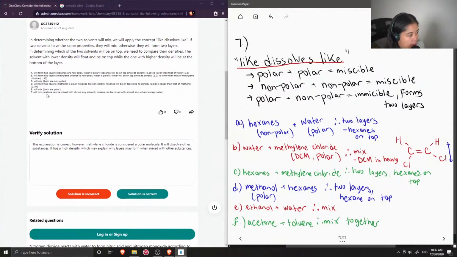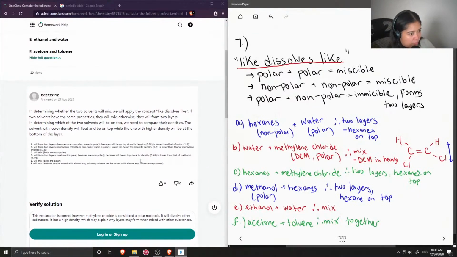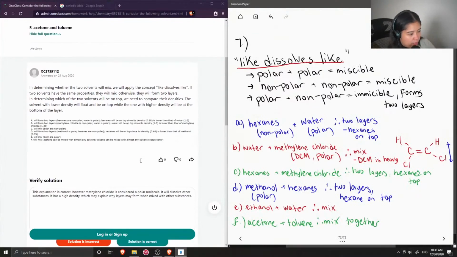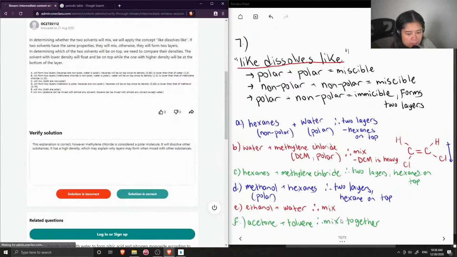Okay, so D will form two layers. Methanol is polar, hexanes are nonpolar. E, it will mix. F, it will mix. Acetone can be mixed with almost any solvent, and toluene can be mixed with almost any solvent except water. Yeah, so it's a pretty tricky question sometimes when you work with methylene chloride, but the explanation is correct. So I'll still say that the solution